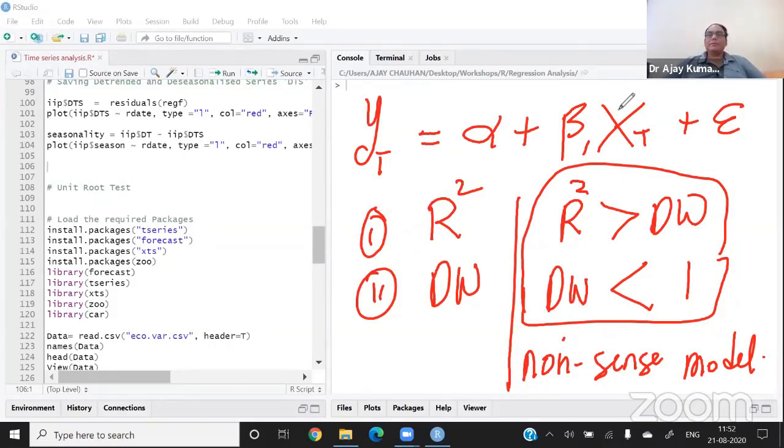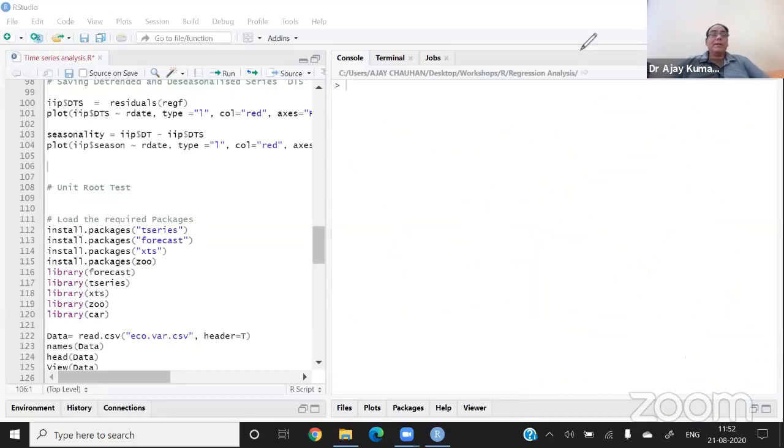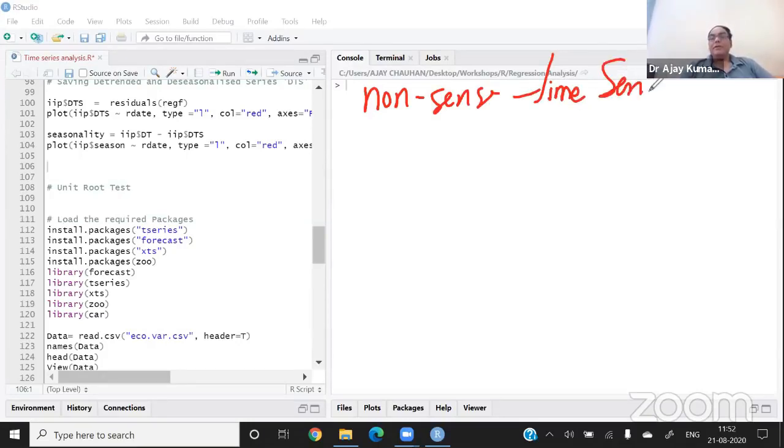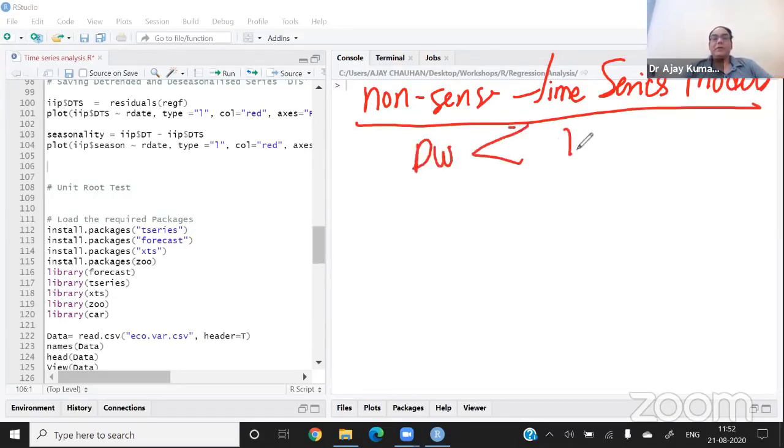So I'm saying that there is a concept of nonsense time series models. Nonsense time series models come when the Durbin-Watson is less than 1 and R square is very high. To understand that, I divide the time series into two categories.